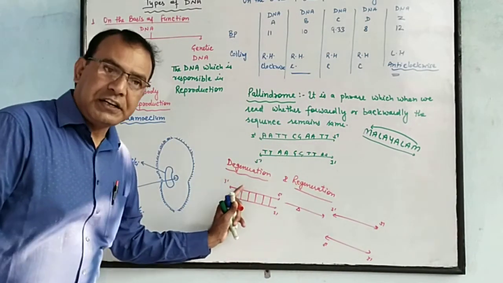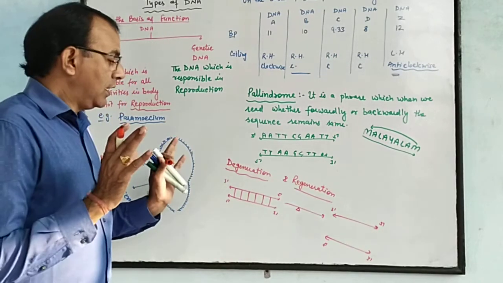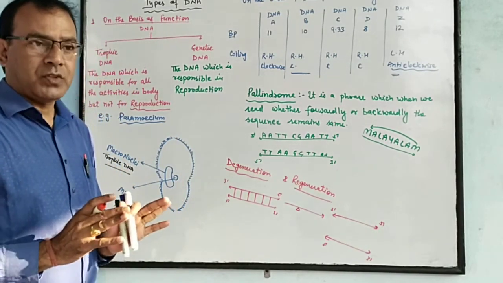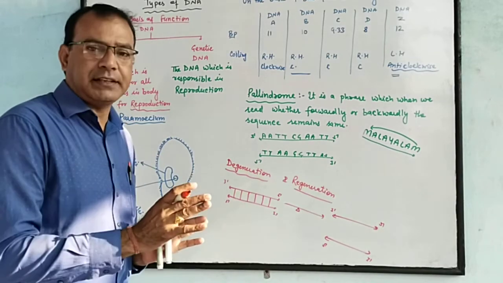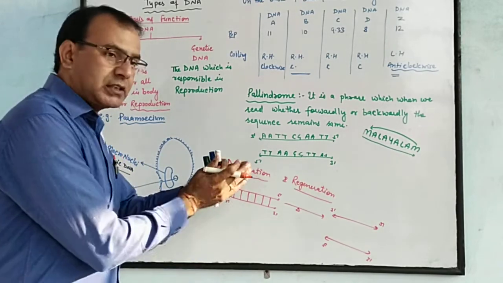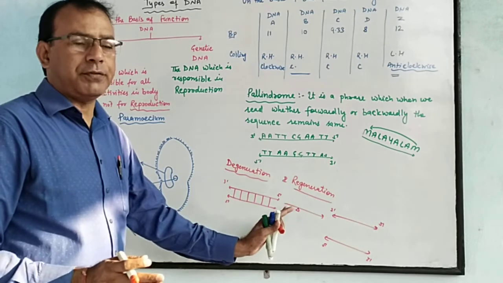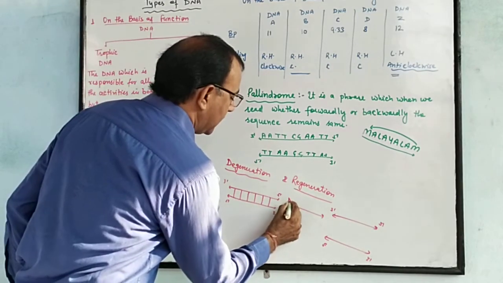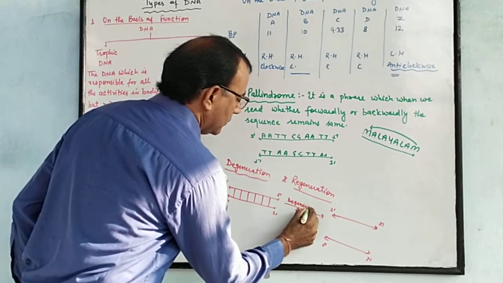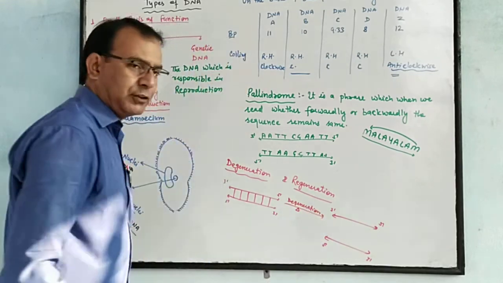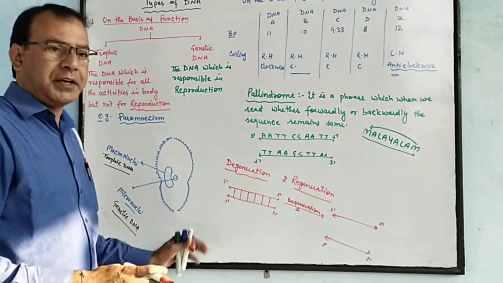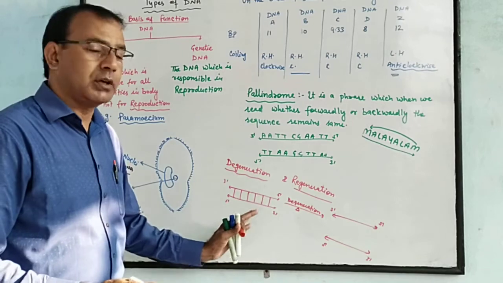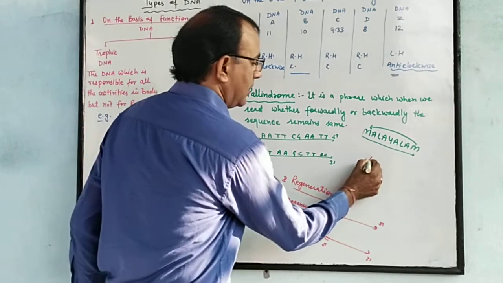This is called denaturation. When we heat the DNA piece above the normal temperature, both strands of DNA separate from each other. This is called degeneration or denaturation. This process is used in biotechnology in the process of PCR,